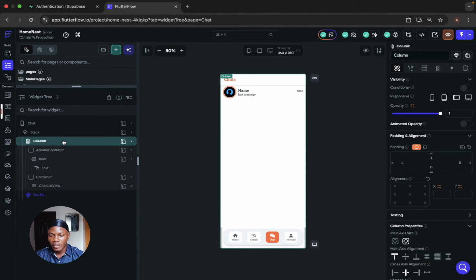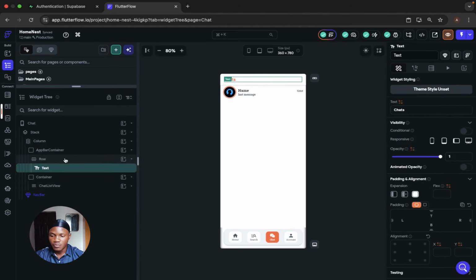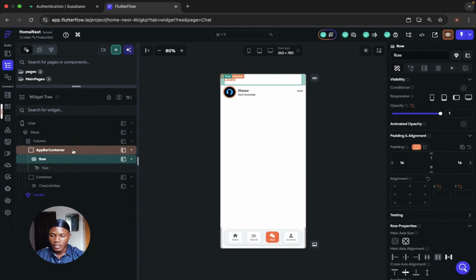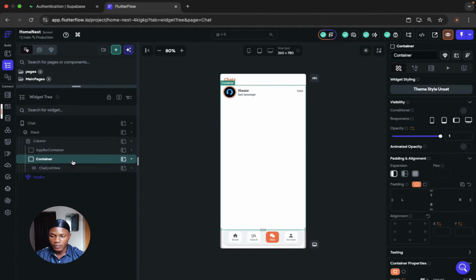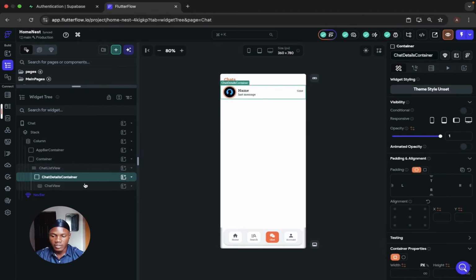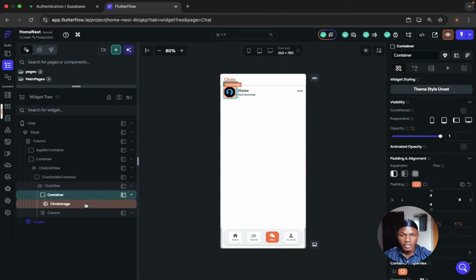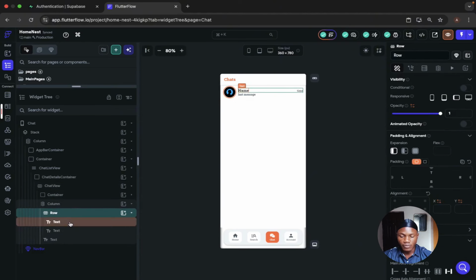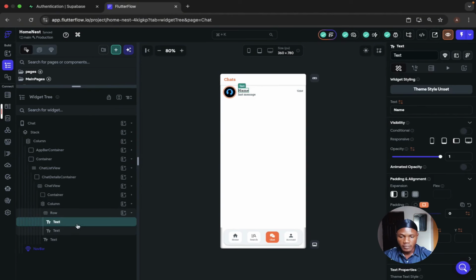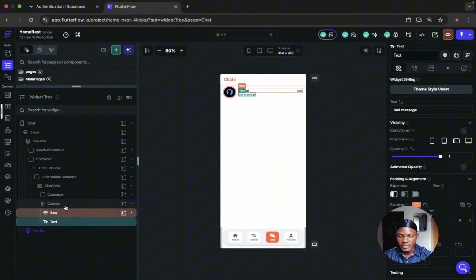Now in this column, I have the app bar container. This app bar container has a text widget and inside the row. So that's all for the app bar container. And then the main container, I have the chat list view. In the chat list view, I have the chat details container, and then I have a chat row. Also, there is a container of another user image. Also, I have a column. This column has a row. I have the text inside the row, the display name, and then the last message time text. I also have this last message text. So that's all for this chat page. Now let's go ahead to the